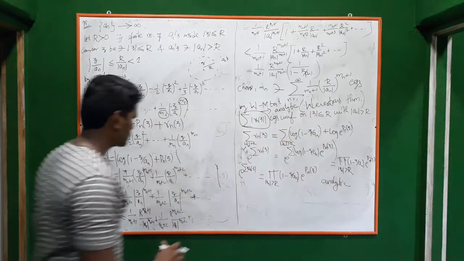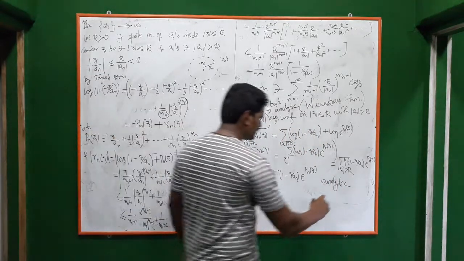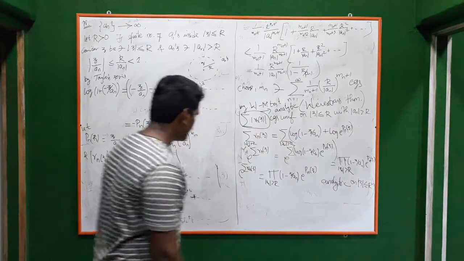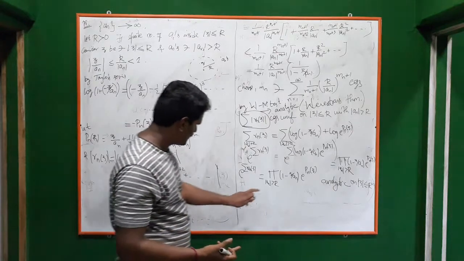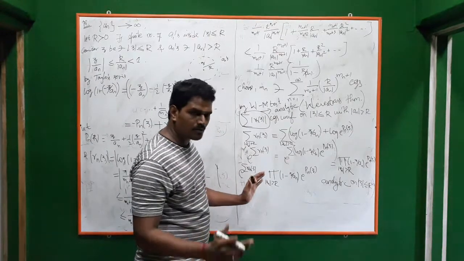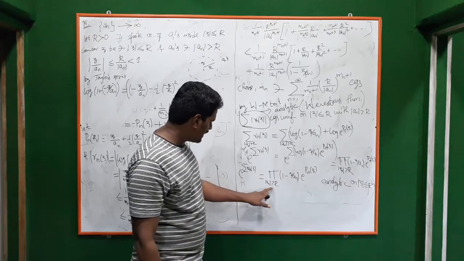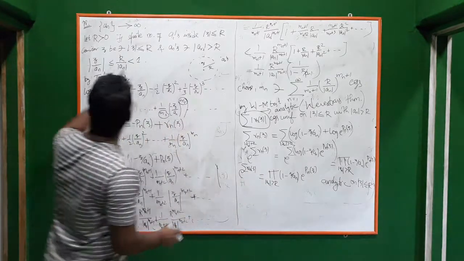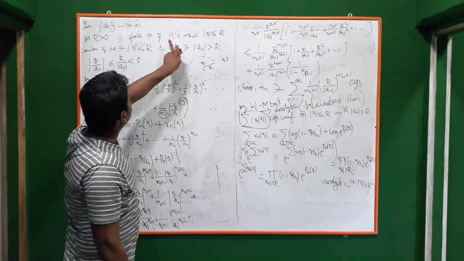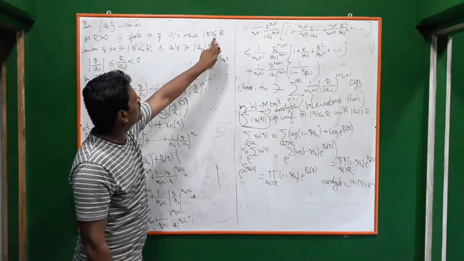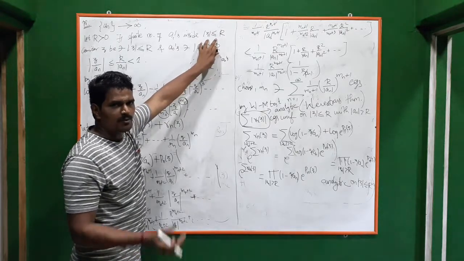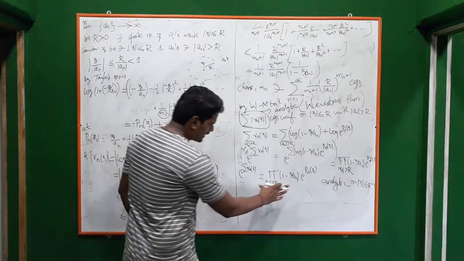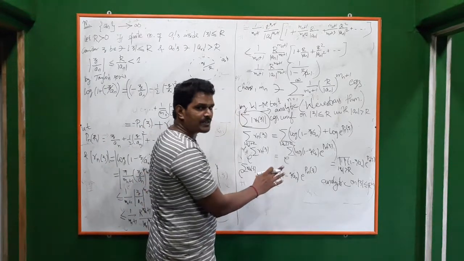Clear? This is an analytic function on mod z less than or equal to r. Now what is missing here? In that whole product, what is missing here? Mod an greater than r is there, but what about mod an less than or equal to r? Those an which satisfy mod an less than or equal to r, which are inside this, will be only a finite number of elements. Only a finite number of a's will be inside that. Then in this product some finite number of elements are missing, correct?